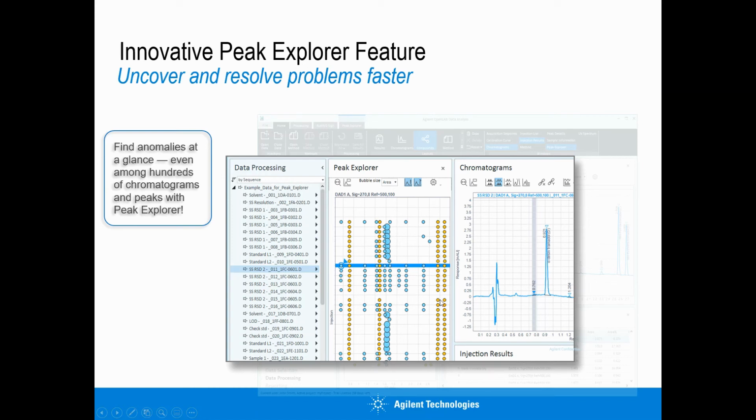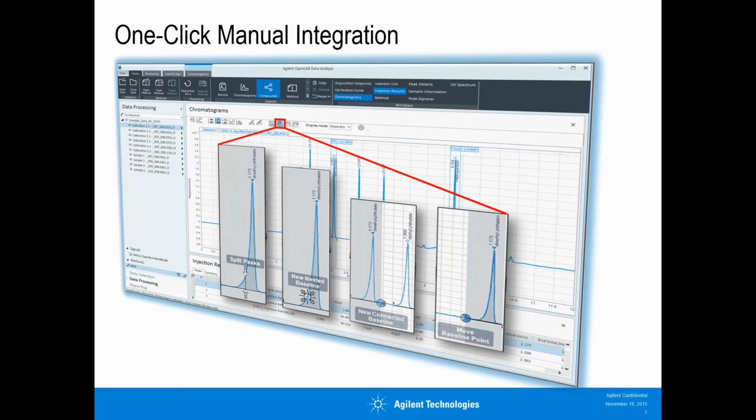If they are not in a straight line, the retention time is shifting, or if the bubble size is changing, their amounts are changing. So this is a very useful Peak Explorer feature which is built in as part of the software. Also, there is a very good feature, which is a built-in smart manual integration. Nowadays, all smart tools are available to make integration very easy. I will show you in the next slide. This one-click integration is very useful for all of our customers here.